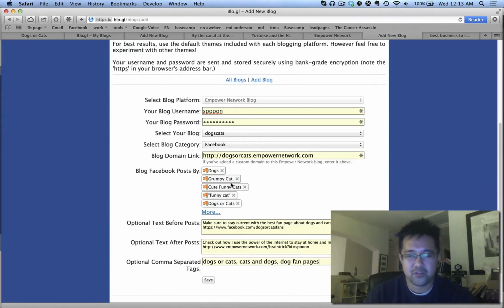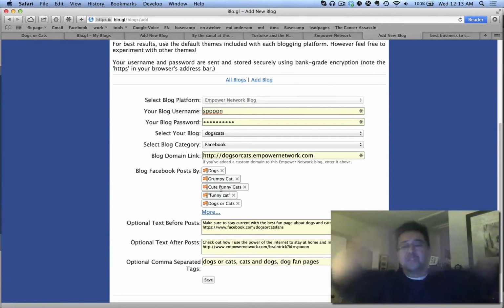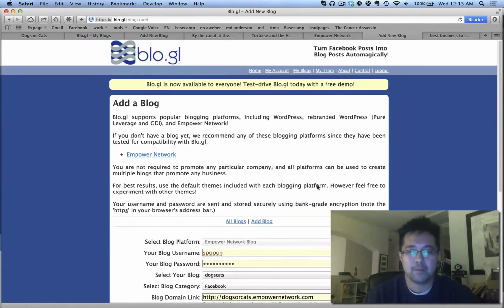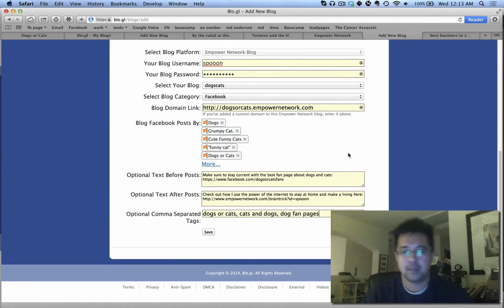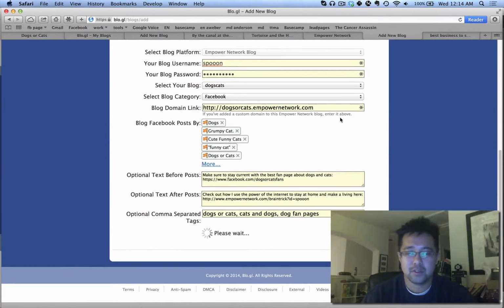So make sure of the 5 blog posts you want to use. If it's your own page or other people's pages, which it will be, you want to get 5. Just max it out. Maybe the paid one has even more it can pull. Now check this out. All this stuff, don't worry about it. It's all bank grade. It is HTTPS. It's got a lock, so don't worry about getting lost or anything. My stuff's in there. It should be safe. Ready? Now, if we go in here and take a look at Bloggle, it's going to have 0. Now watch. I'm going to hit save.